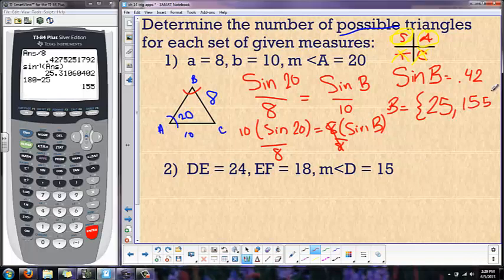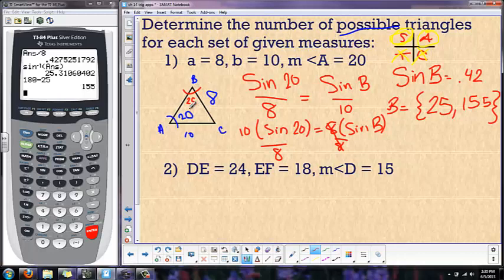Okay. The reason why the question says how many numbers of triangles are possible is because I'm not exactly sure that both of those angles are going to work. We just got 2 possible angle measures of what angle B could be, but I'm not sure if either of them work. So if I put a 25 in right here,